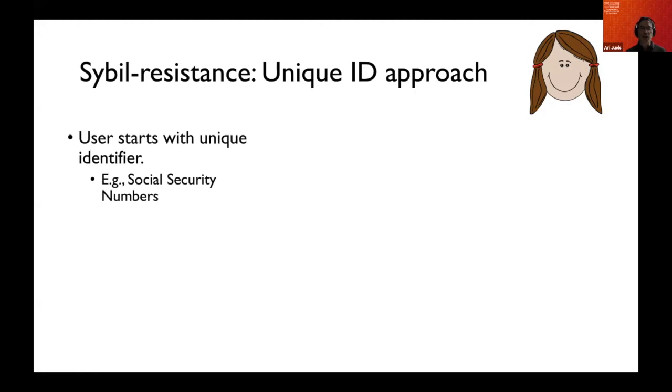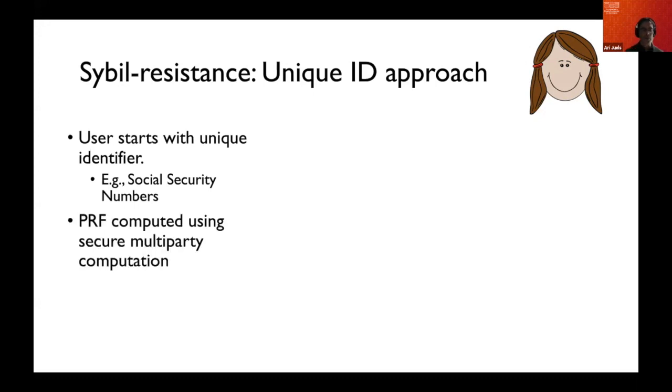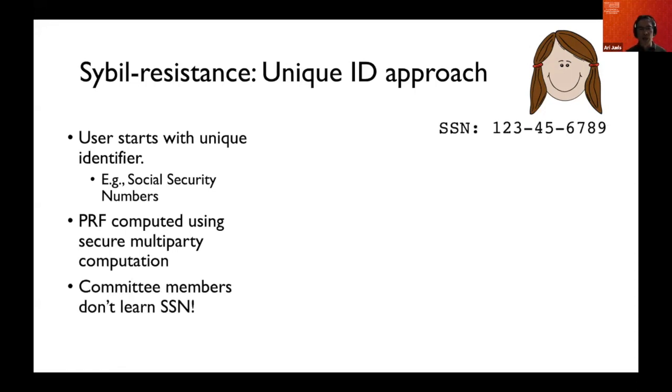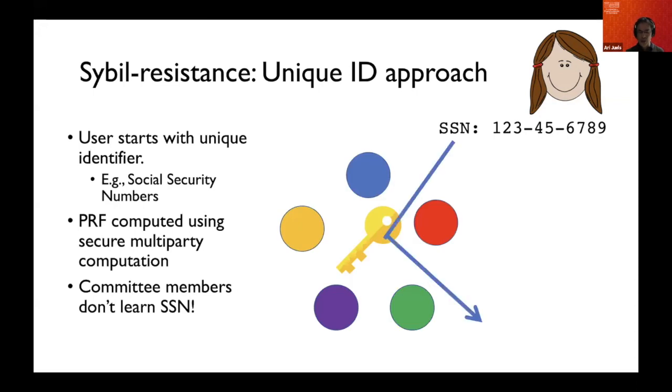And the idea here is conceptually fairly simple. Let's suppose that users have unique identifiers, for instance, numerical identifiers like social security numbers, which most inhabitants of the US have. The Candid committee uses a pseudorandom function, which it computes using secure multi-party computation, to convert the social security number of the user. So the committee here shares a PRF key. They use this PRF key, use a PRF, to convert the social security number of the user